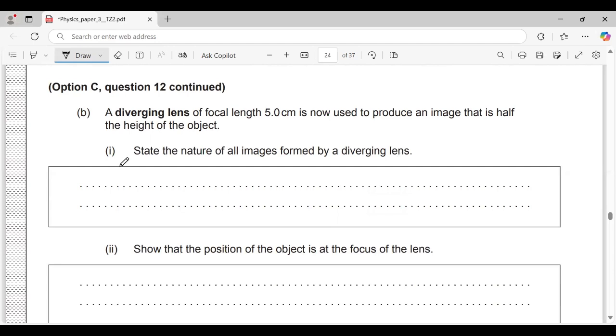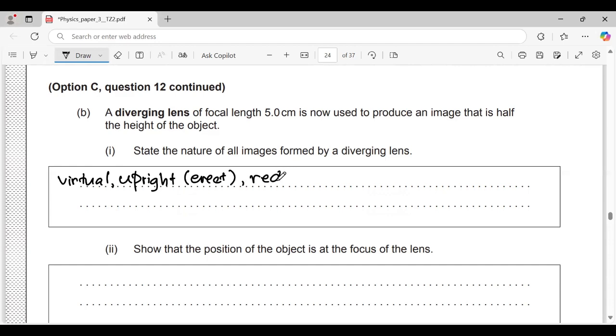A diverging lens characteristic for the image are virtual, and then upright, upright, or in different terms, erect,